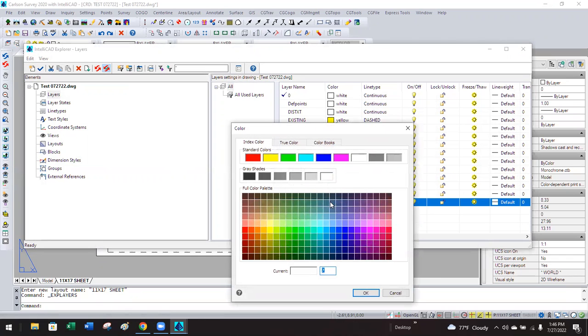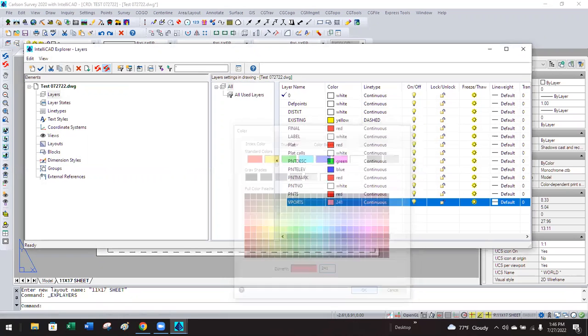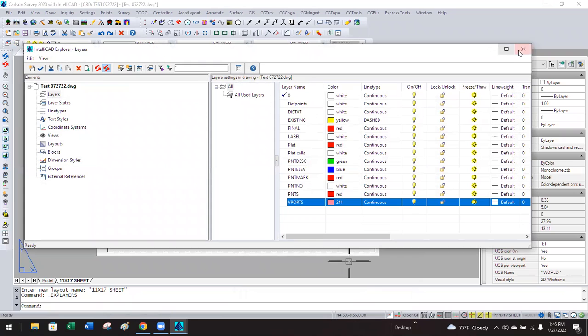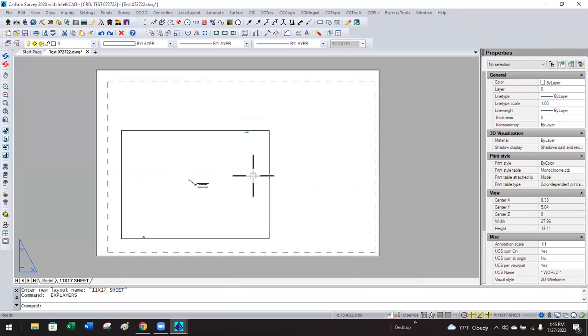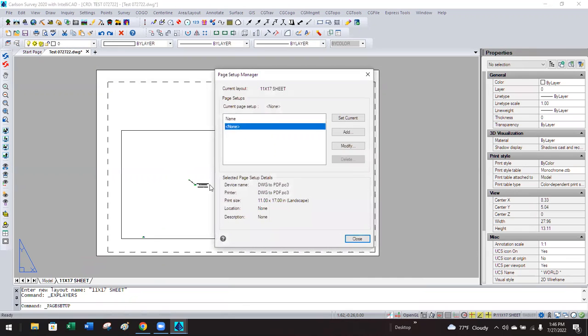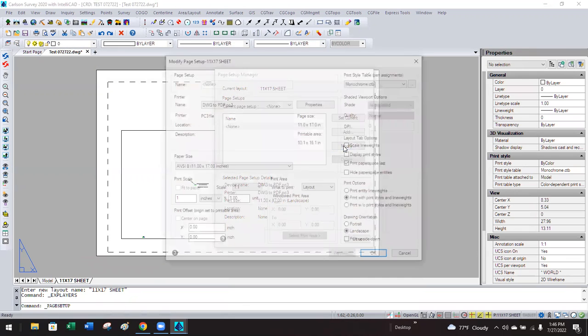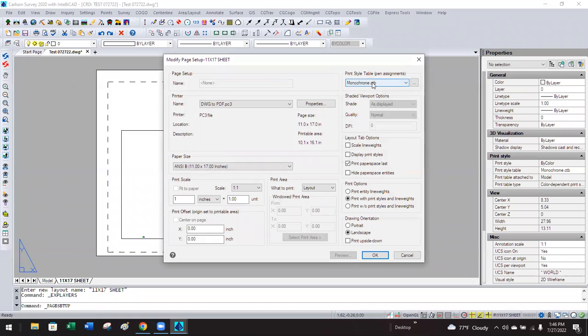I'm going to give it a color of just something arbitrary, 241. And I'm going to come back to this 11 by 17. I'm going to modify that again. And instead of this just monochrome, I'm going to call this one